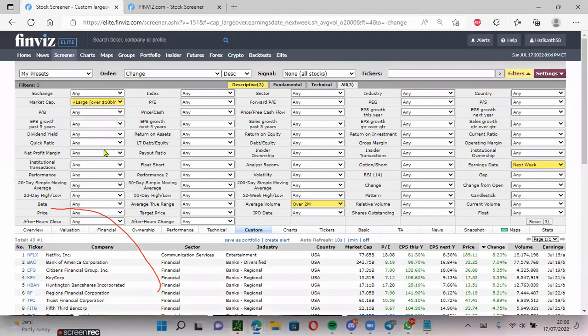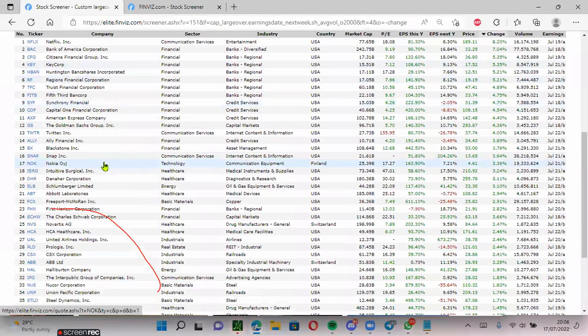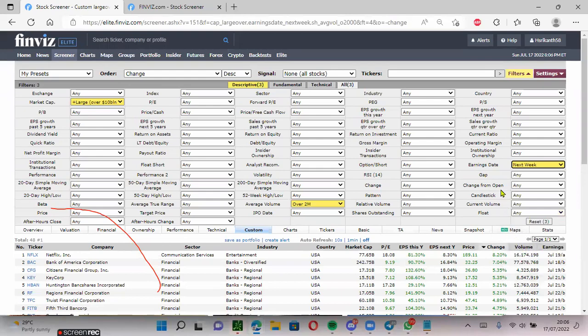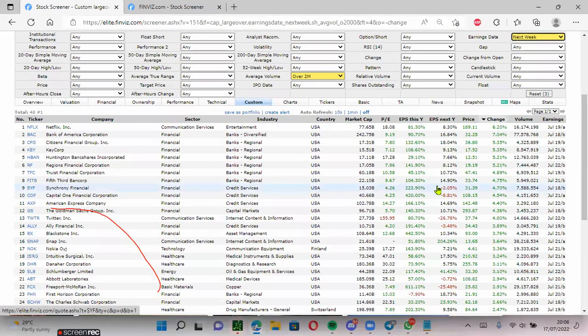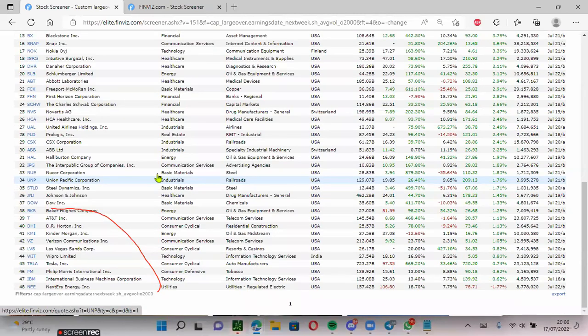That's fine. And you can take a look, only for this next week. I got around 48 companies overall, and the major ones being